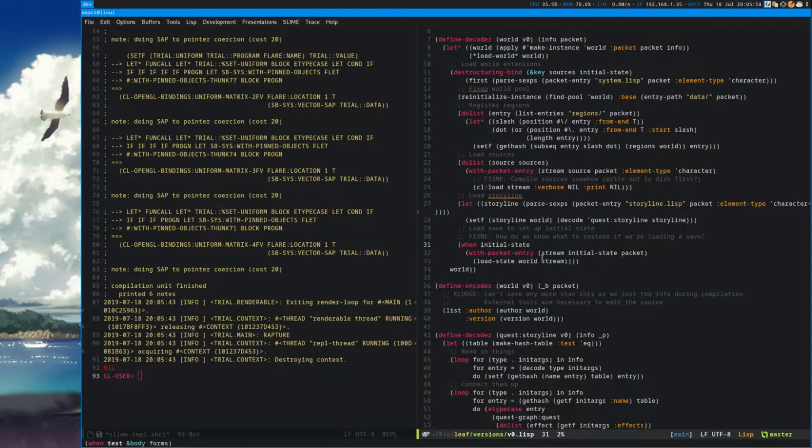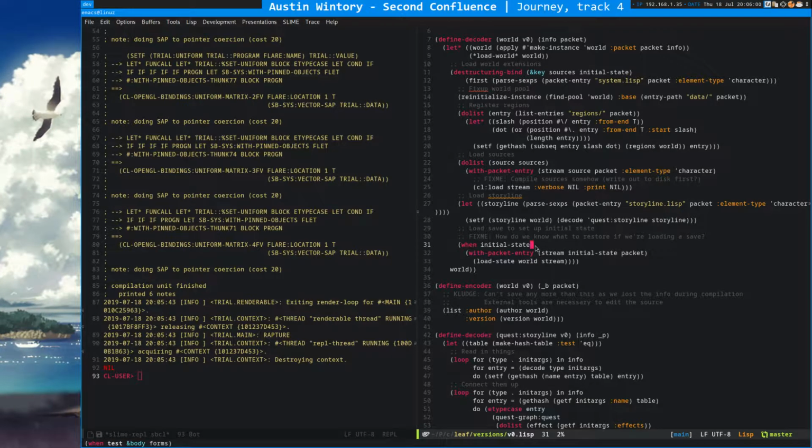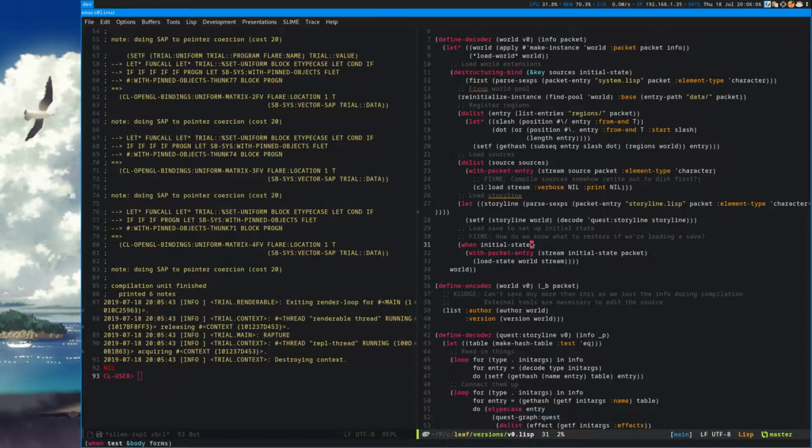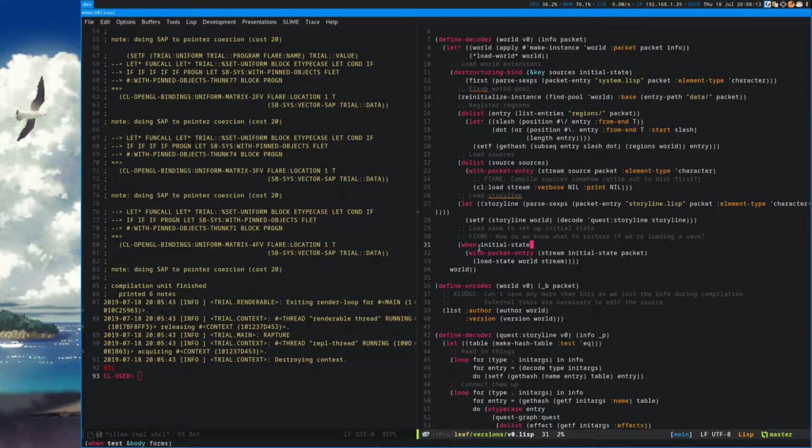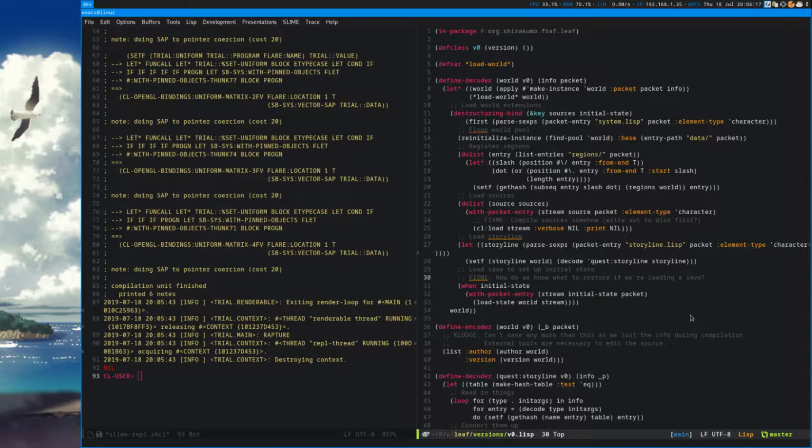And so, last time I also discussed this, the initial state is basically a save state that should set up the initial settings of the world when you start a new game. The problem I noticed is, how does this distinguish whether we're actually loading the world as part of a save restore or as part of a new game?